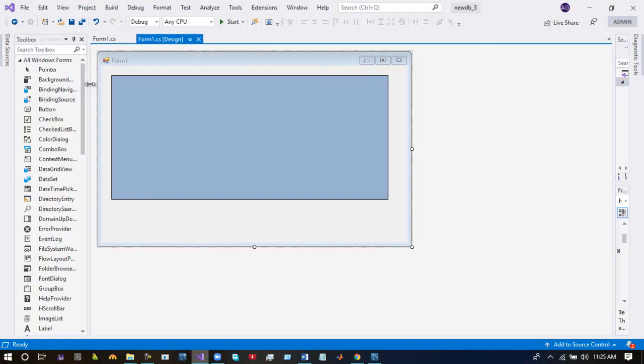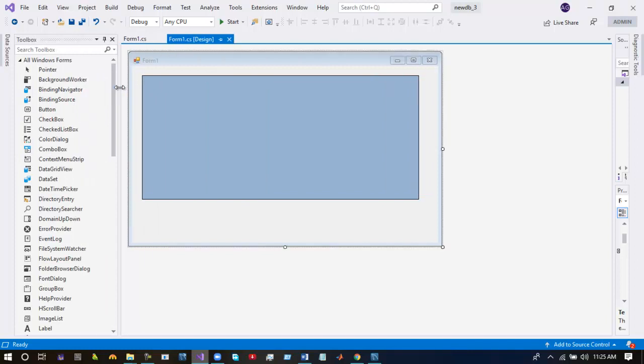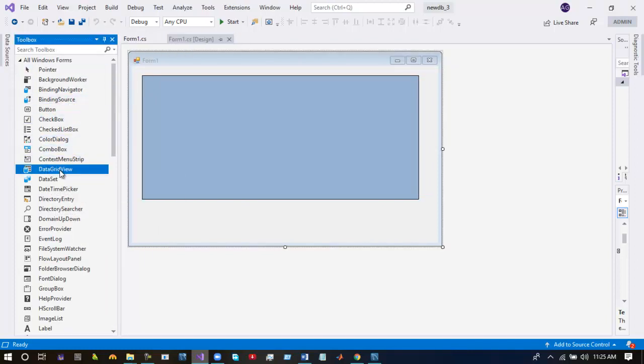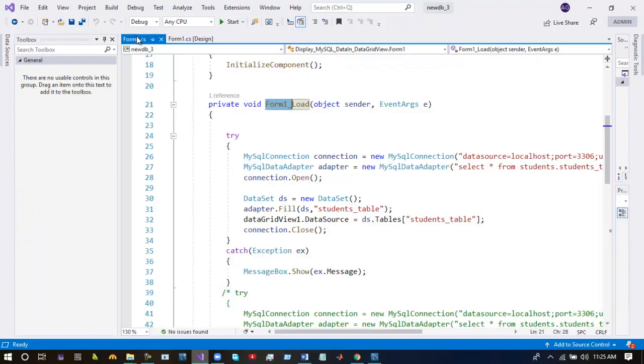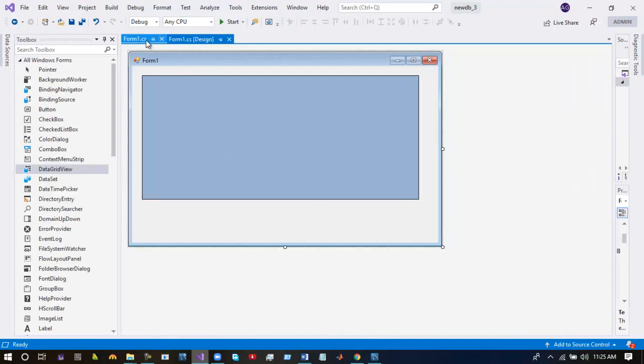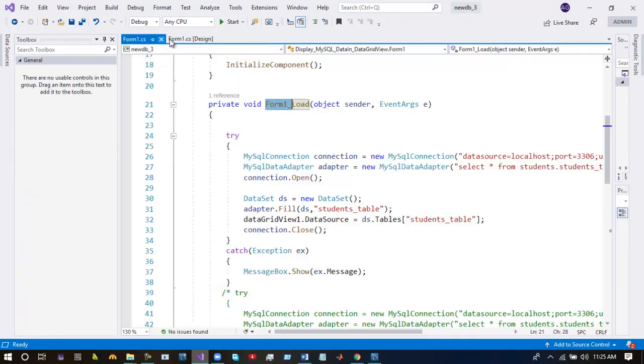I will use C sharp code, and this is the Visual Studio IDE, as you know. So just drag this data grid view here, and then this is the backend of this form.